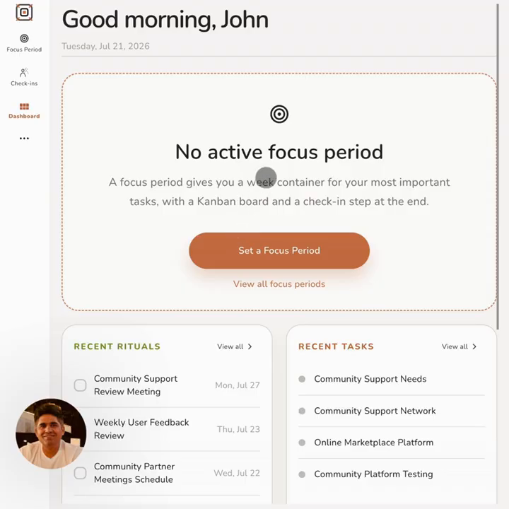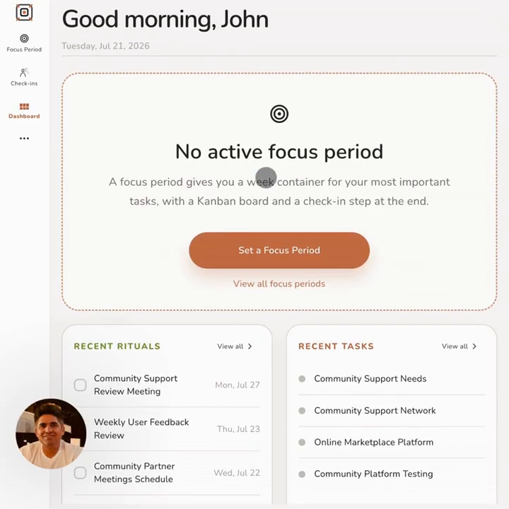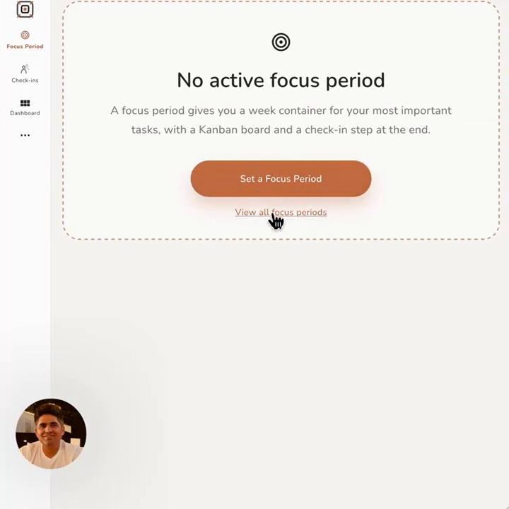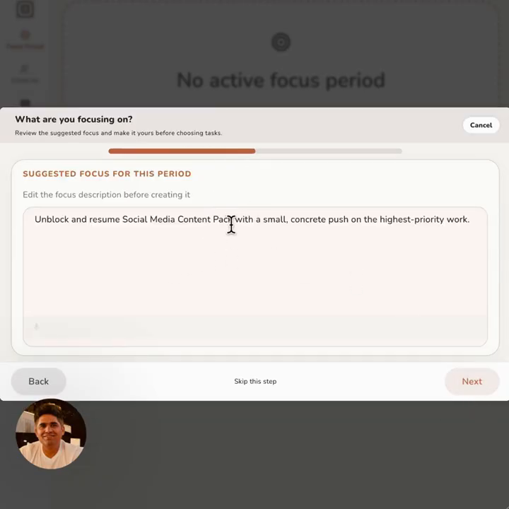So let's say we have one project, and maybe one or two projects are still in progress, so they're coming along. Let's say we're gonna create a focus period for 1 week, starting today, and have a little bit